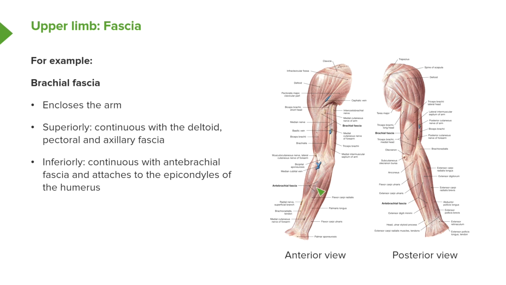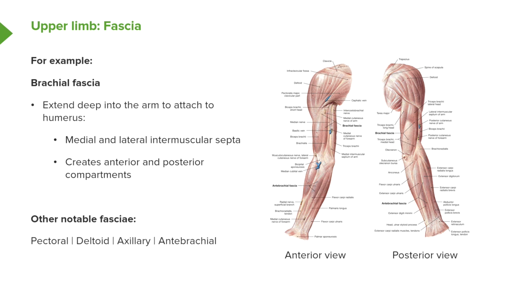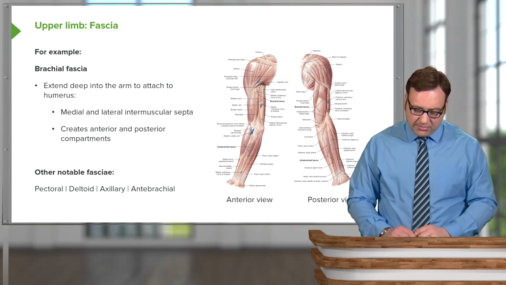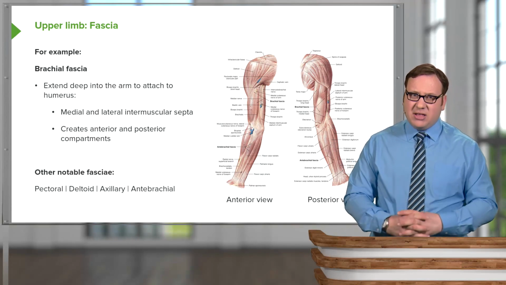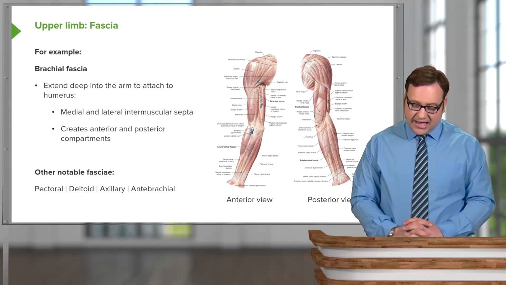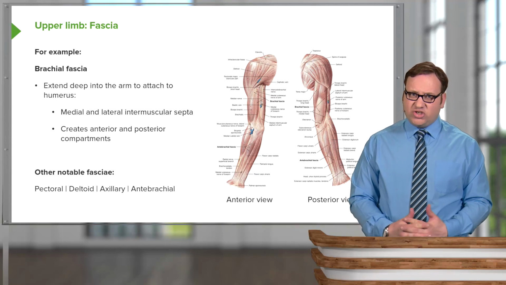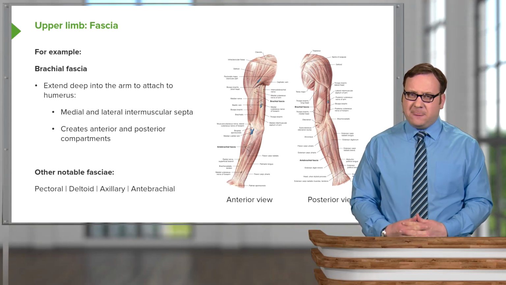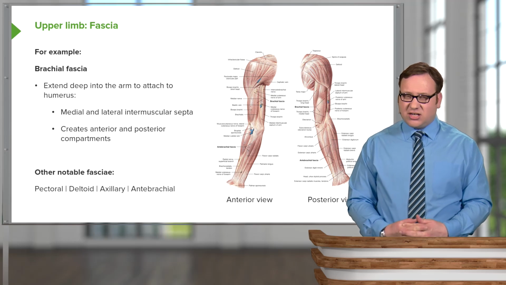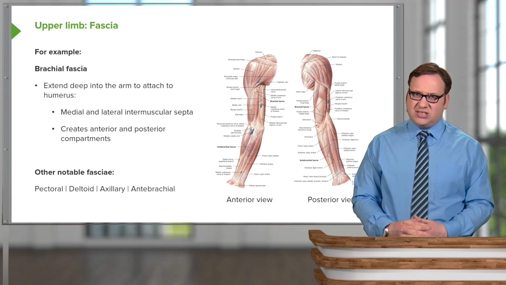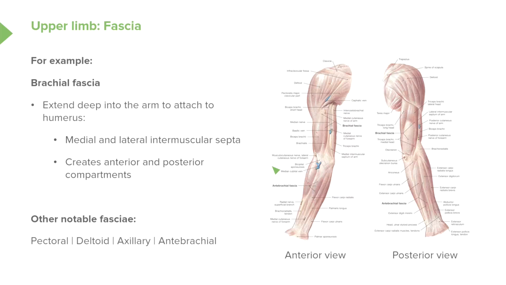So here we can see this deep fascia running all the way along the upper limb. Some important features of it: it also extends between the muscles. So as well as just covering the muscles of the upper limb, it also extends deep into the arm, and it attaches to the humerus. And as we'll see later on when we look at the arm in more detail, there are in fact two compartments in the arm. And these compartments are created by the deep fascia passing down and attaching to the humerus. They form what are known as medial and lateral